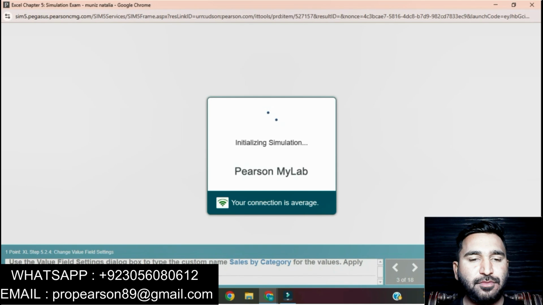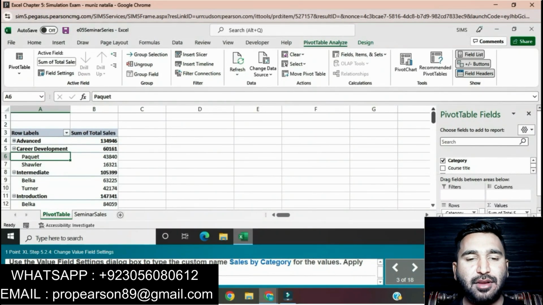Use the Value Field Settings dialog box to type the custom name Sales by Category for the values, and apply the Accounting number format with 0 decimal places. Click on Value Field Settings, here.